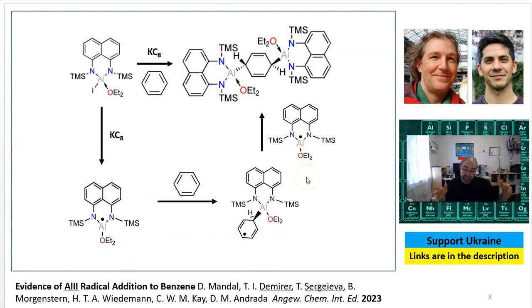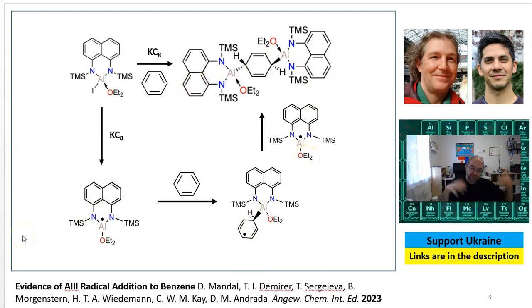While of course this mechanism is possible, I think there is at least a good chance that it's not a stepwise reaction. First of all, the reaction is happening in benzene, so there are very few molecules of this radical and a lot of benzene molecules. Not only that, there is a TMS group, this trimethylsilyl, which can be a source of hydrogen, which can be abstracted by this or this radical, and the group does not report any hydrogen abstraction products.